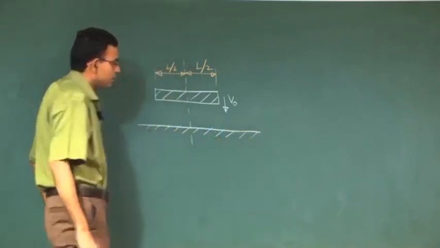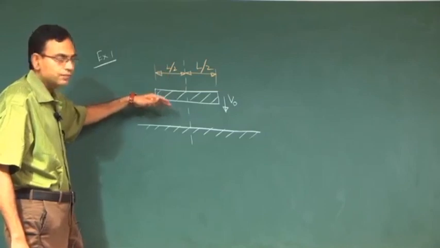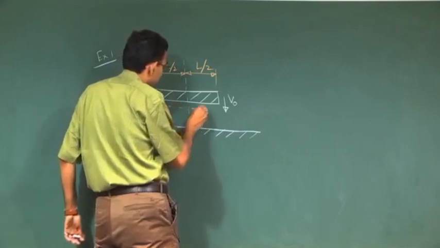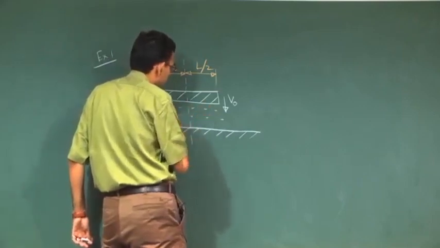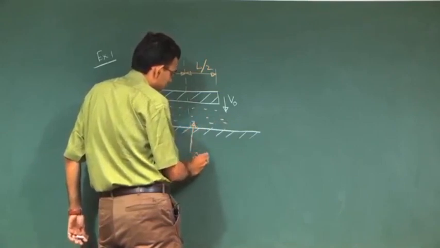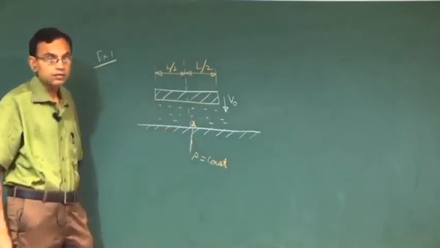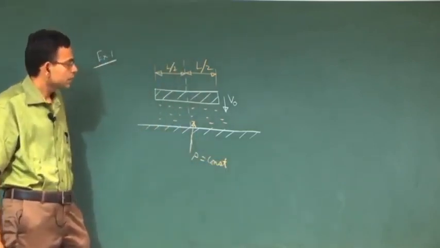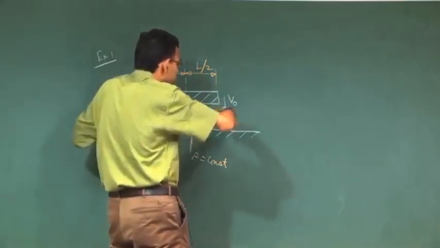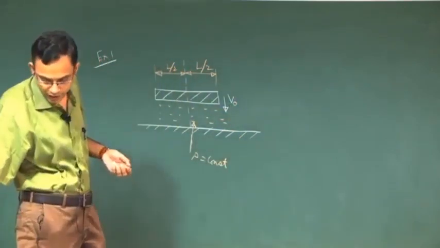There is a fixed boundary and this plate is approaching the fixed boundary. In between the plate and the fixed boundary there is some fluid with constant density rho. And when this plate is coming down, the fluid is getting squeezed out radially from both the sides, and